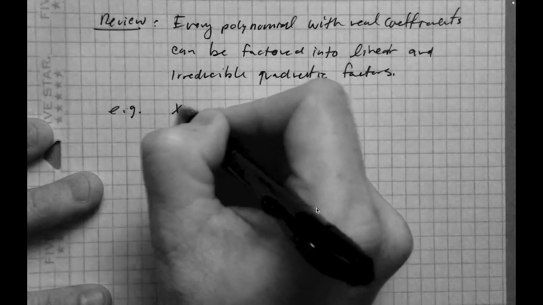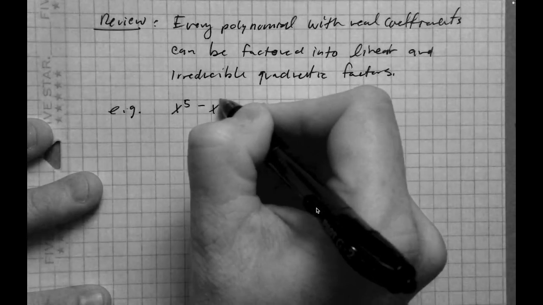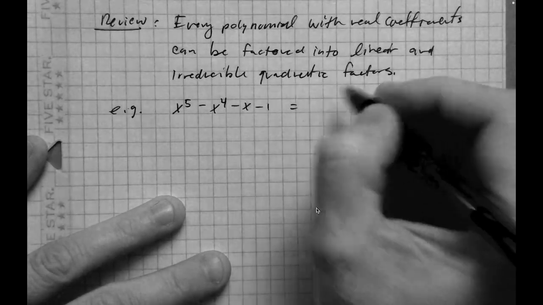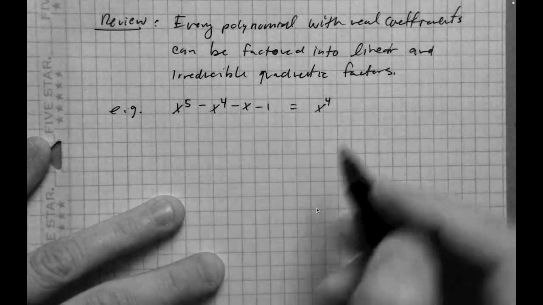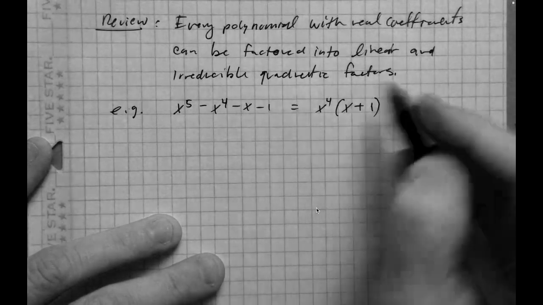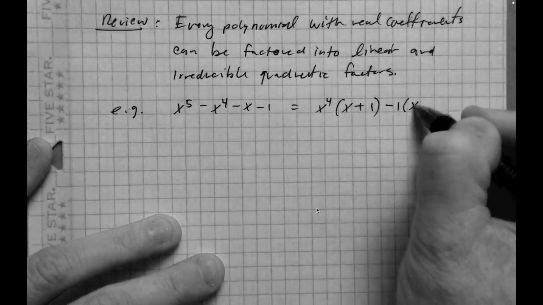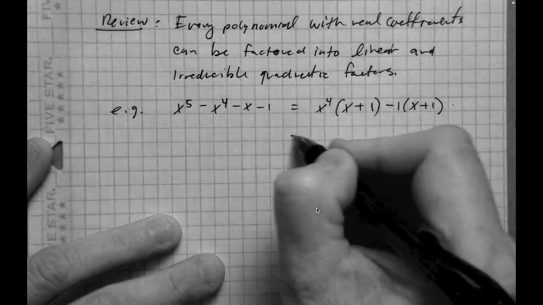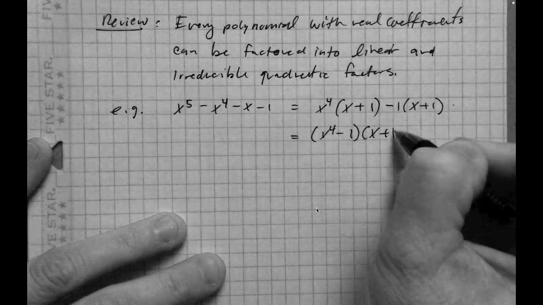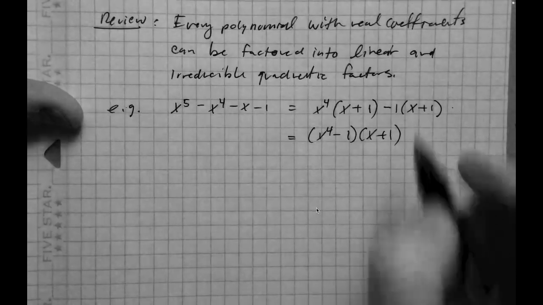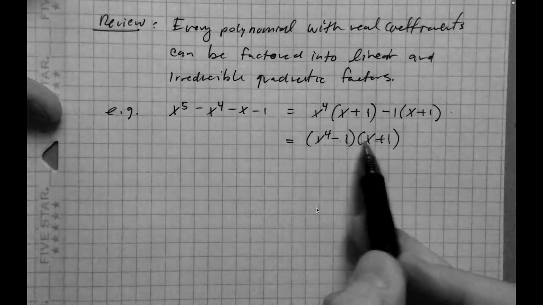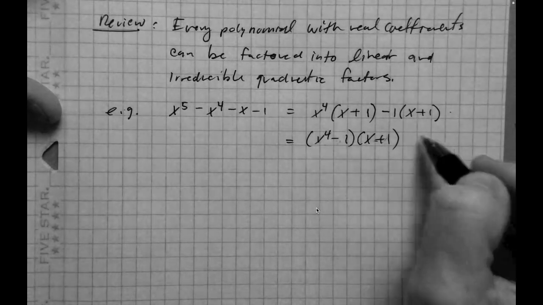here's an example. x to the 5th minus x to the 4th minus x minus 1. Right, so this guy can be factored as follows. You take x to the 4th and pull that out of both of these terms, and you get x plus 1 there. And then let's factor a minus 1 out of those terms, and you get another x plus 1, right? And so that means you've got x to the 4th minus 1 times x plus 1. And this guy can be broken down. This is a linear factor, so this one's done. This one can be broken down further